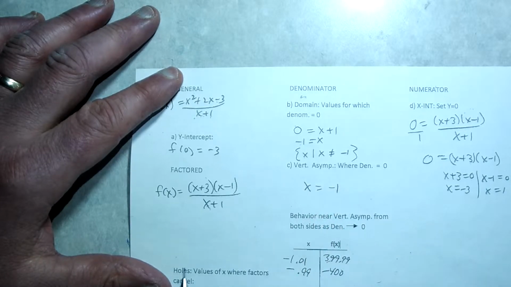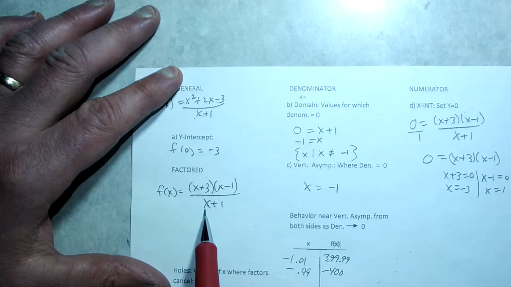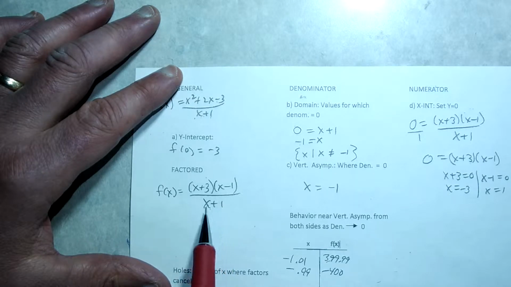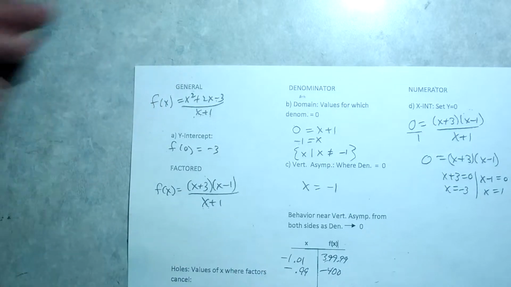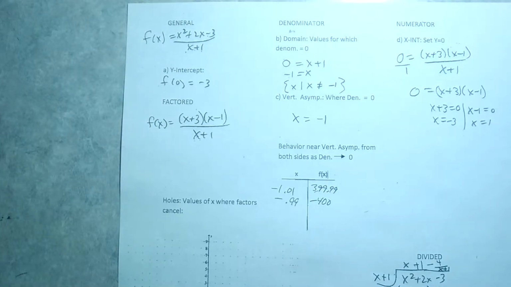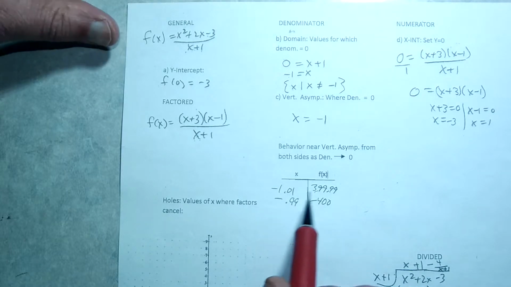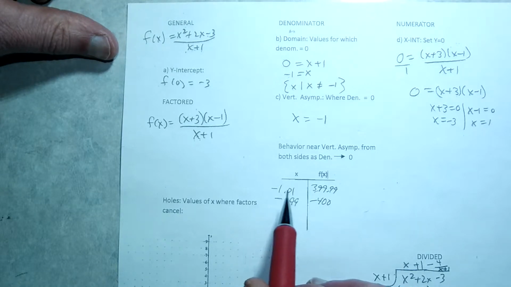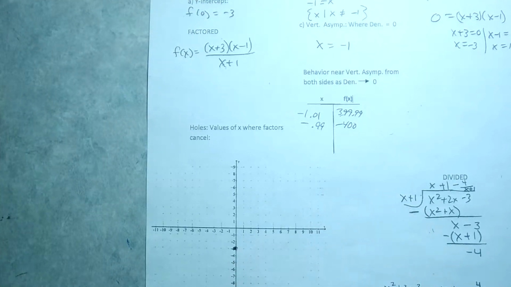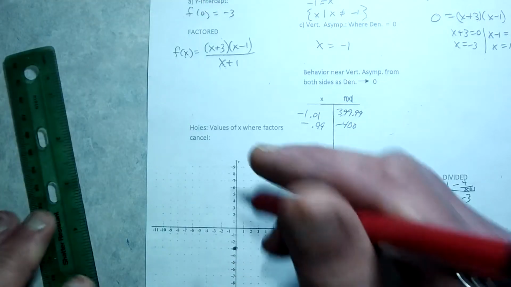But likewise, if we approach negative 1, not exactly negative 1, but as we get close to it, these values in the bottom will become so small that we would be dividing by a small number and therefore producing a big output of the overall function. And you can see I used the table feature in my calculator, and it turned out that I ended up with a huge number by going close to negative 1 from the left-hand side. Let's take a look at where I'm at here. Right, if I draw my vertical asymptote here of x equals negative 1,